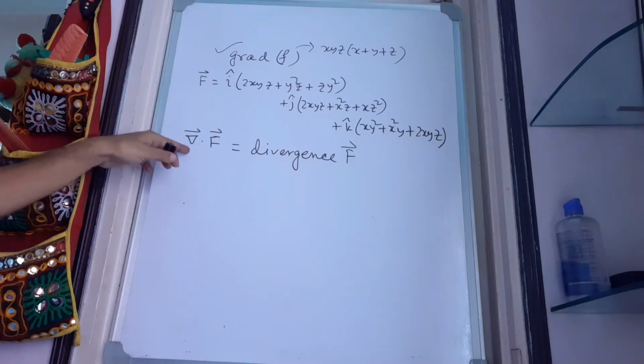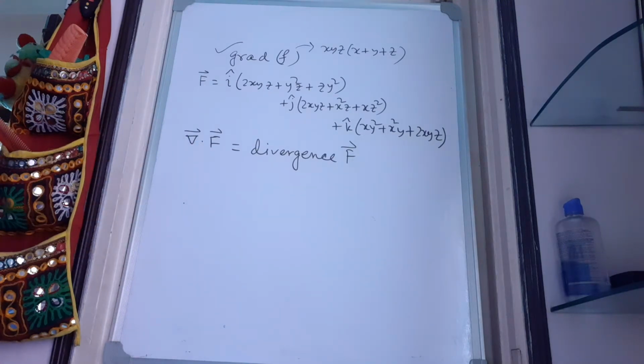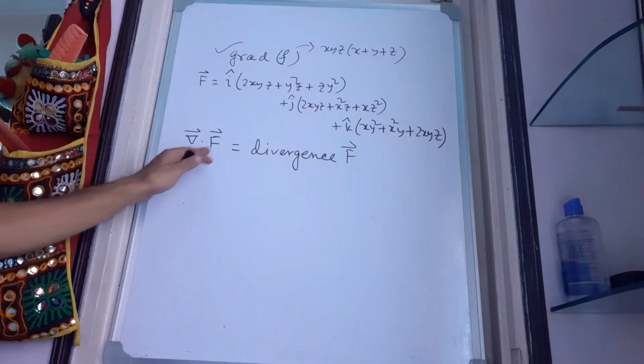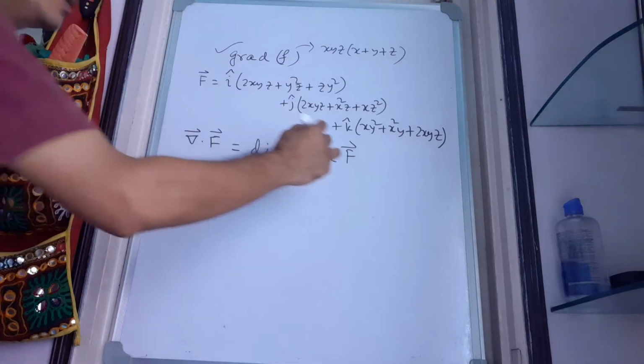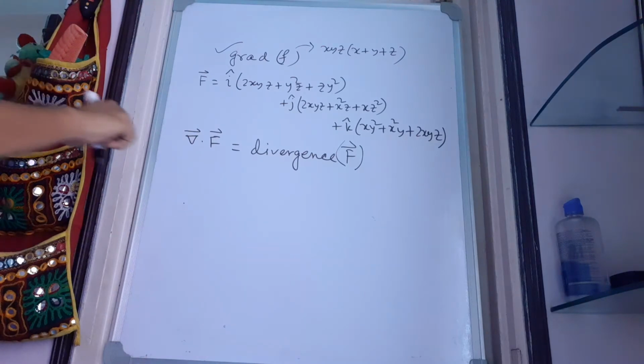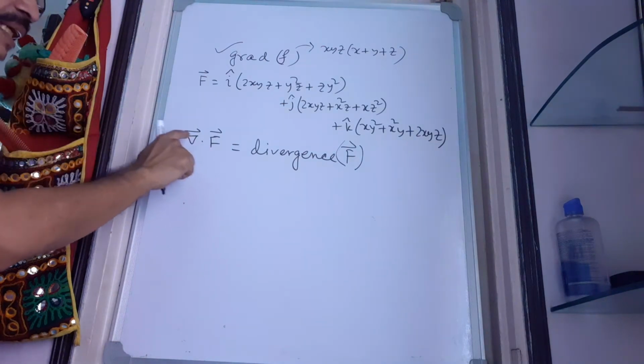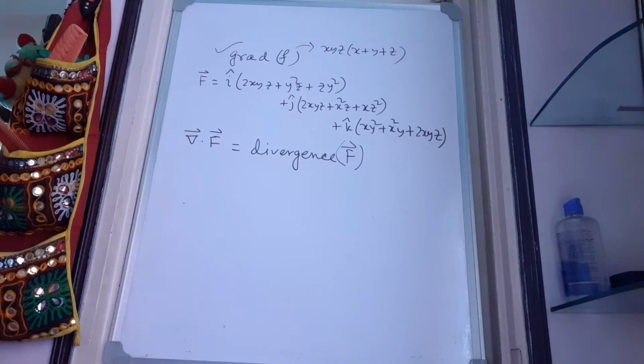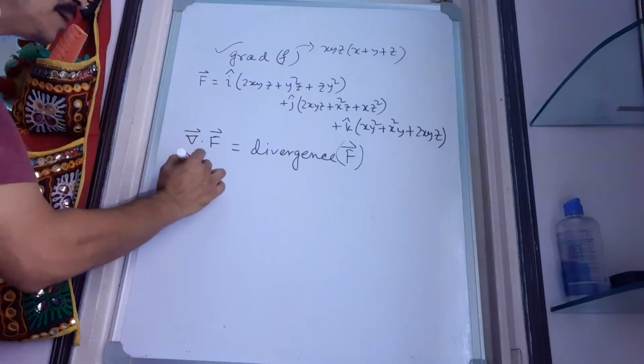So, we can take the dot product between them and this gives the divergence of F. This is known as the divergence of F when we take the dot product between the del operator and the vector point function capital F, and this comes out to be,